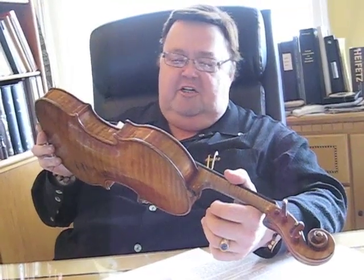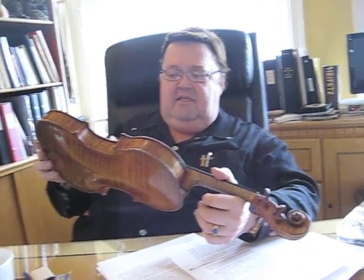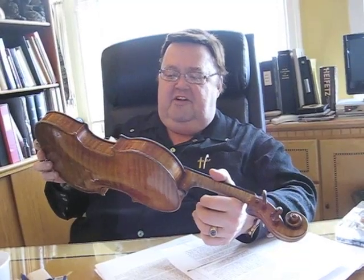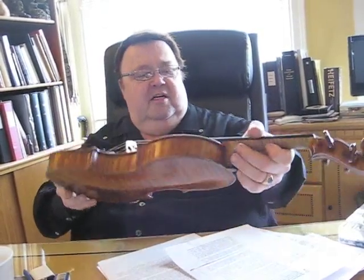But with the label and the other word on the bottom, Faciebat, meaning made by, Anno, the year, then the date, and there's a little circle with a cross and AS for Antonius Stradivari. That was his monogram. And so most people, when they talk about a Stradivari violin, will say Stradivarius. Although in speaking, I would say that's not correct. It's Stradivari. And Stradivari is both